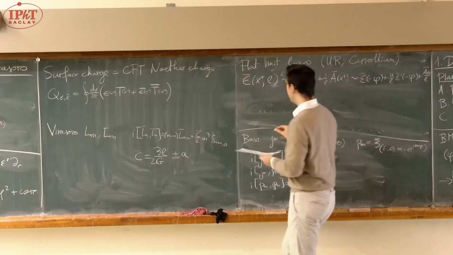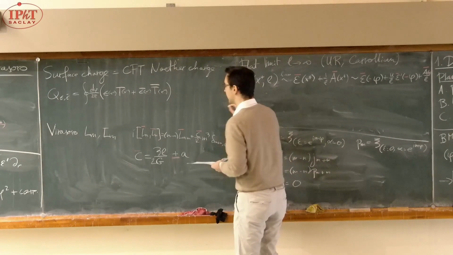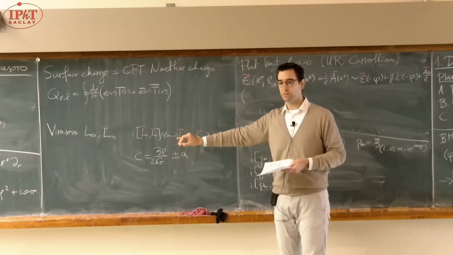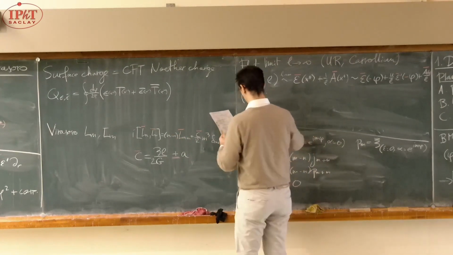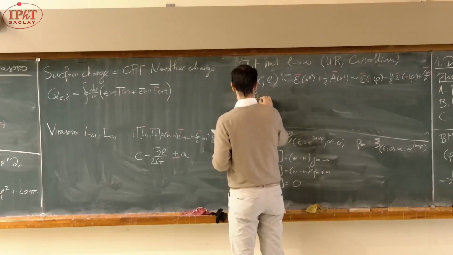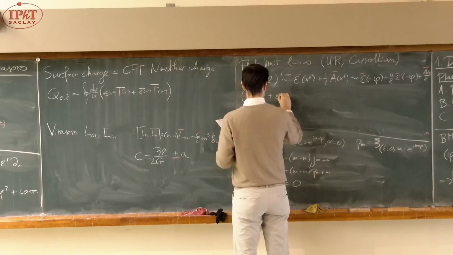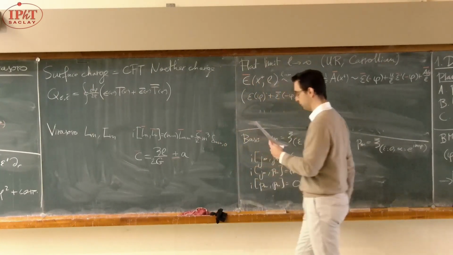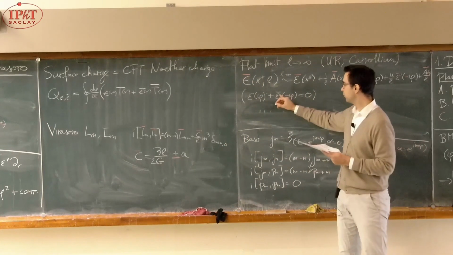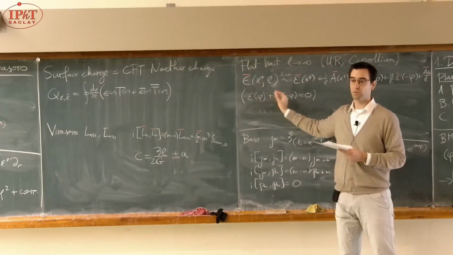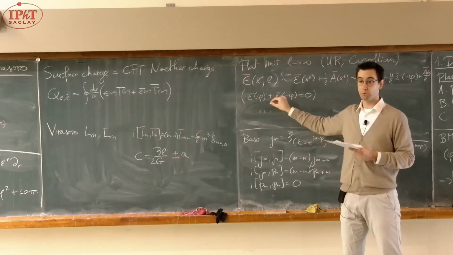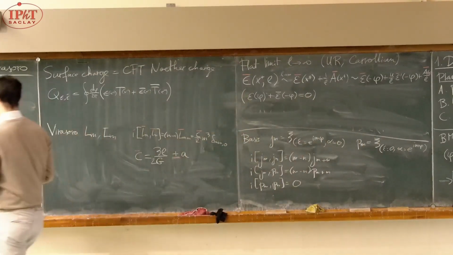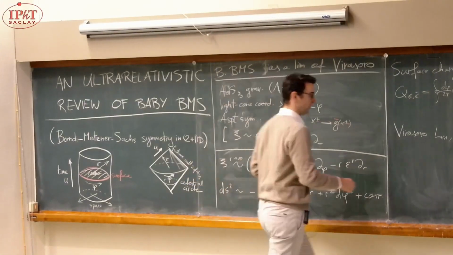And it turns out that if you require that xi, the vector field, be finite in the flat limit, you have to require that epsilon of phi plus epsilon bar of minus phi, the sum has to be equal to 0. So in other words, epsilon bar of minus phi coincides with epsilon of phi. You've killed one arbitrary function. There's only one that remains. And so then when you implement this constraint,